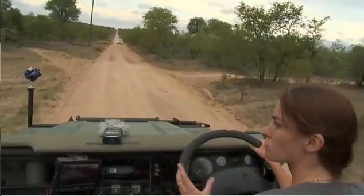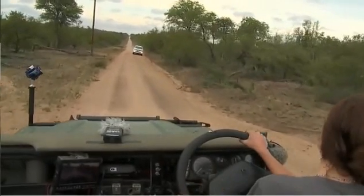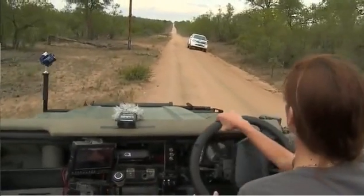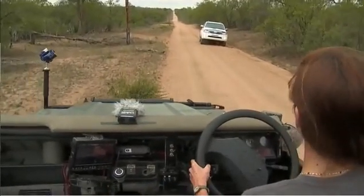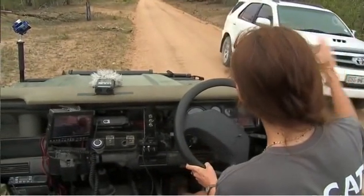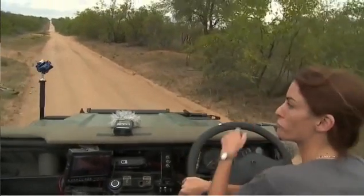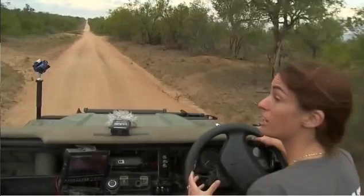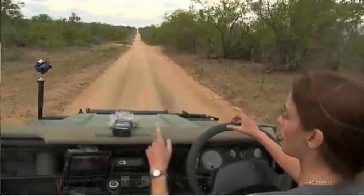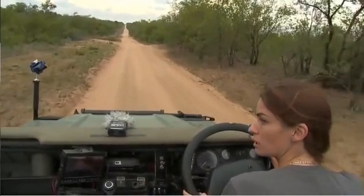Whichever leopard it is that we're following, it was walking incredibly fast. And that's something that you can tell by looking at the space between the front track and the back track. Usually when a leopard is walking at a normal pace, it does what's known as registering, so her back foot would fall where her front foot falls. When they start to move faster, that back foot moves further and further in front of the front track. In this particular case, the distance was about this far, which suggests she was almost trotting along the